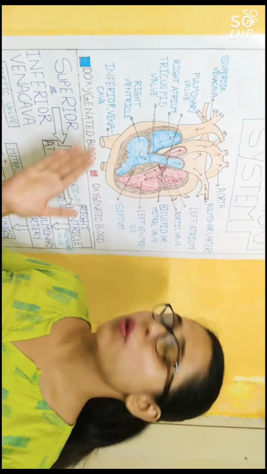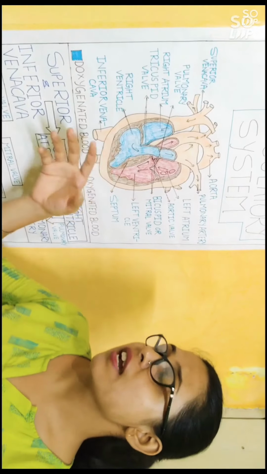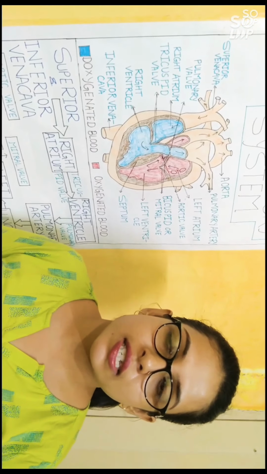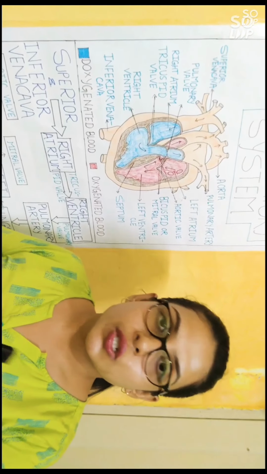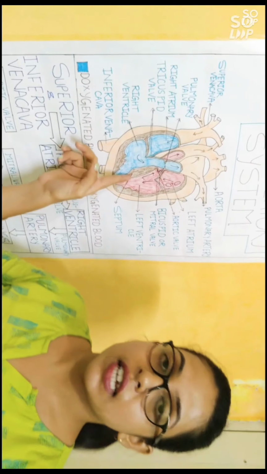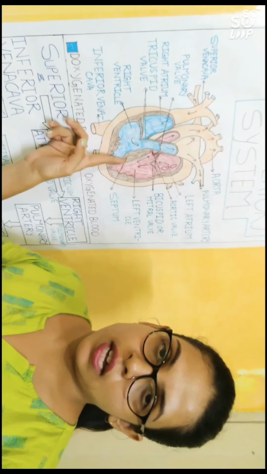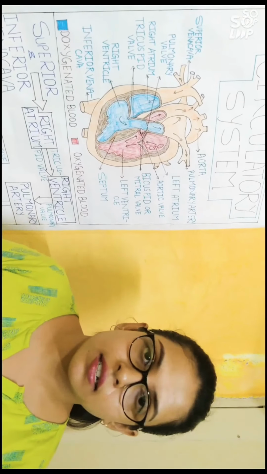During the explanation, I have discussed so many valves. Why are the valves present here and what is their role? The valves play a significant role in the movement of blood because they prevent the backflow of blood and redirect it only in the forward direction. So the valves play a significant role in the movement of blood during the circulation. So in this way, the circulation of blood is done through the heart.